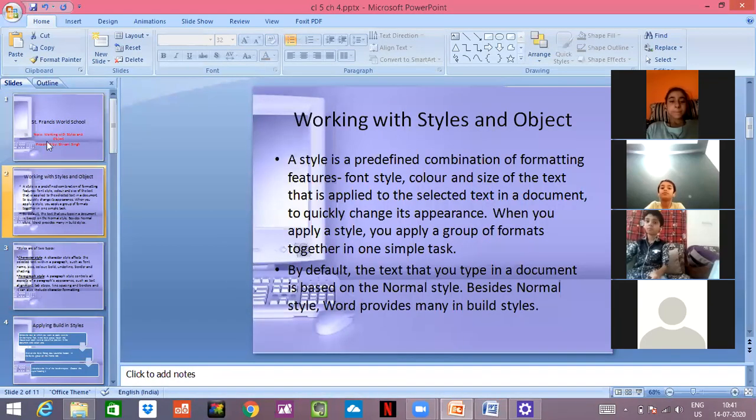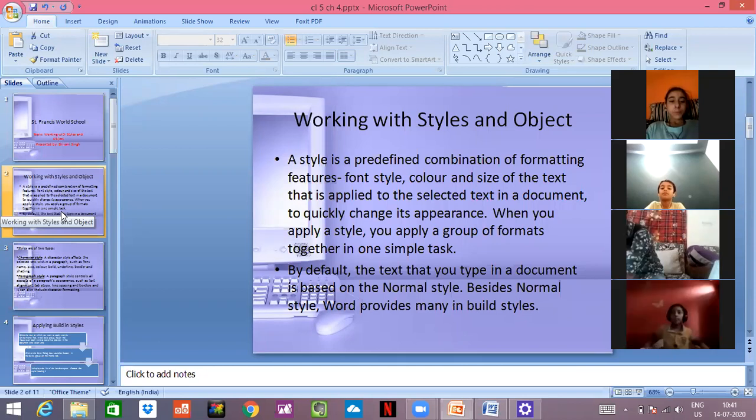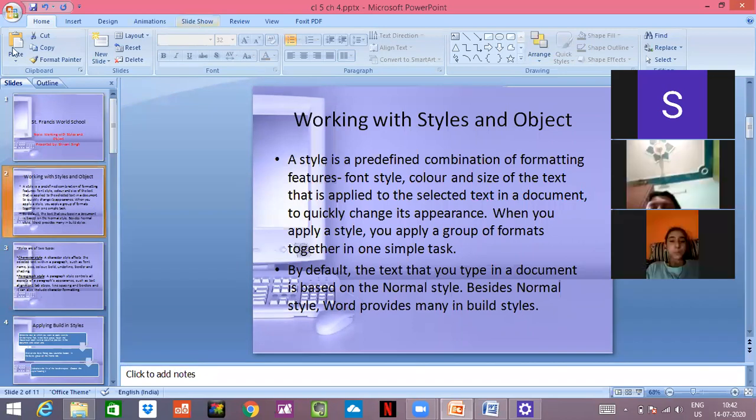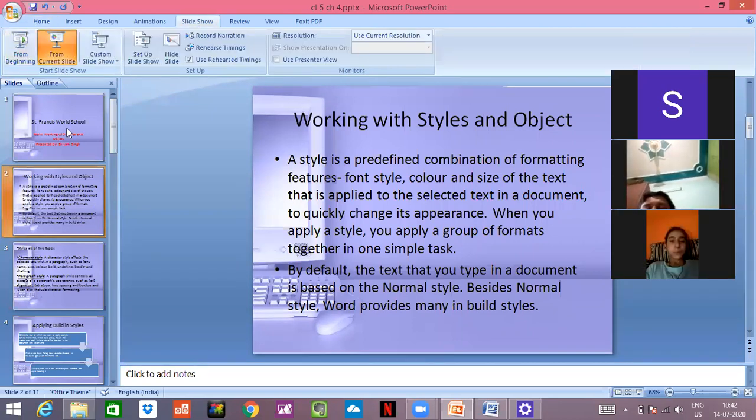First, I will be telling you all the theory things, and then I'll be showing you side by side the practical things also. Okay, Parv, I'll be giving you the time afterwards for asking the questions, so don't raise your hand right now. Right now, we will be concentrating on just understanding the chapter. Okay, so let's go from here.